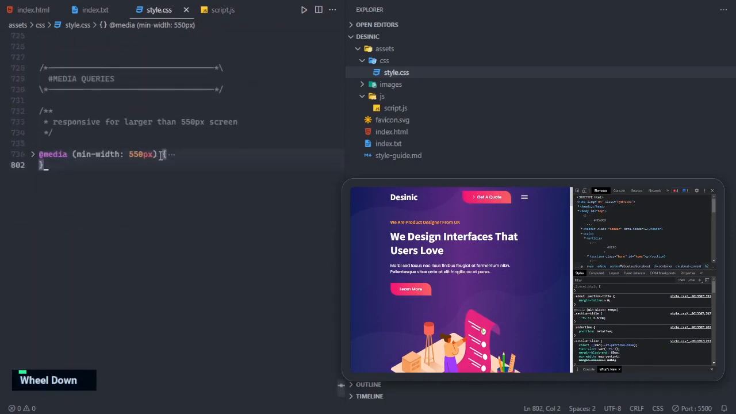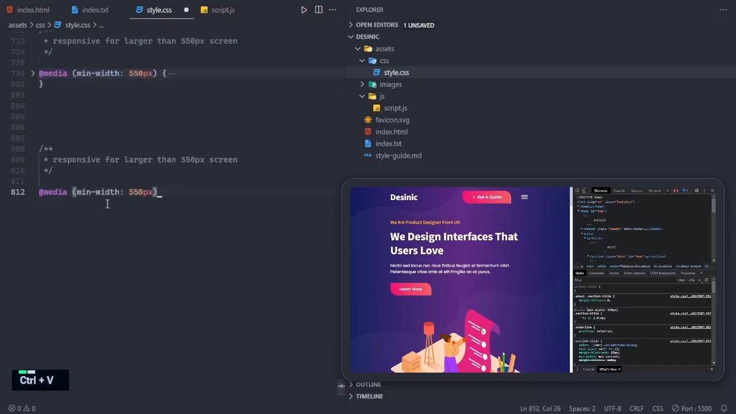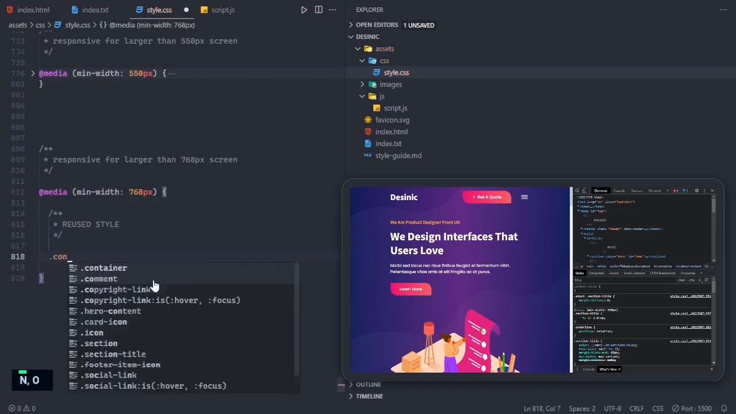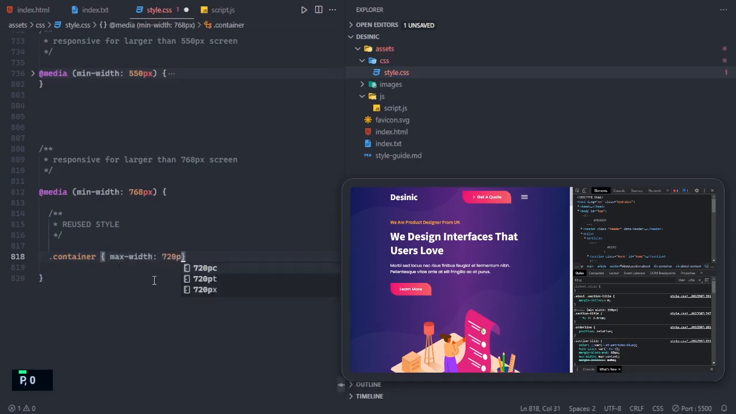Collapse this one and copy this one, paste it here, and Control D to multiple selector and 768px, and here will be reused for this screen. And here is container. Max width will be 720. After that,